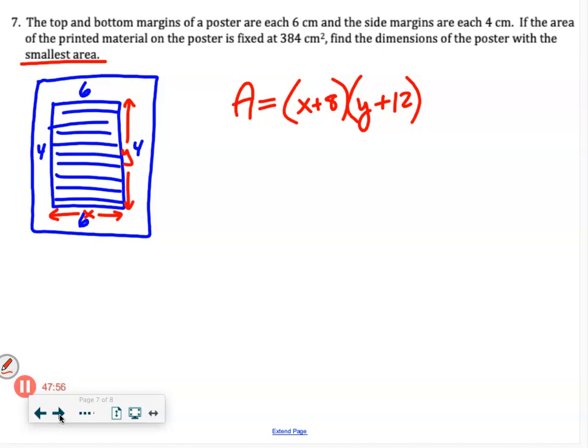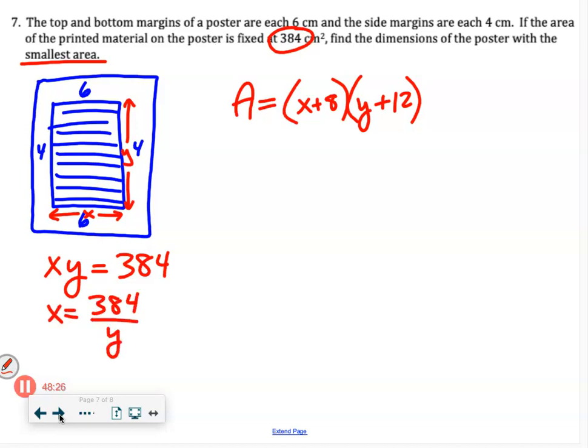All right, so we have our area equation, our primary equation, except it's in terms of 2 variables, so we got to get rid of one. But we know that the fixed print area is 384. So we know that X times Y equals 384. Honestly, you can solve for either letter. It makes no difference. What do you want me to solve for? X. All right. So X equals 384 over Y. So we have area equals 384 over Y plus 8 times